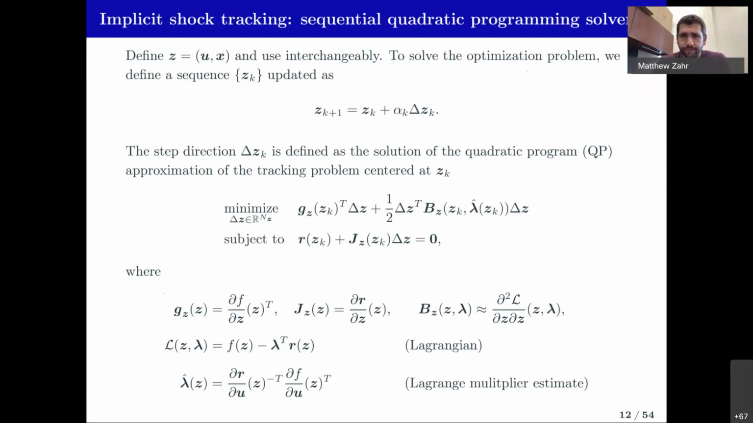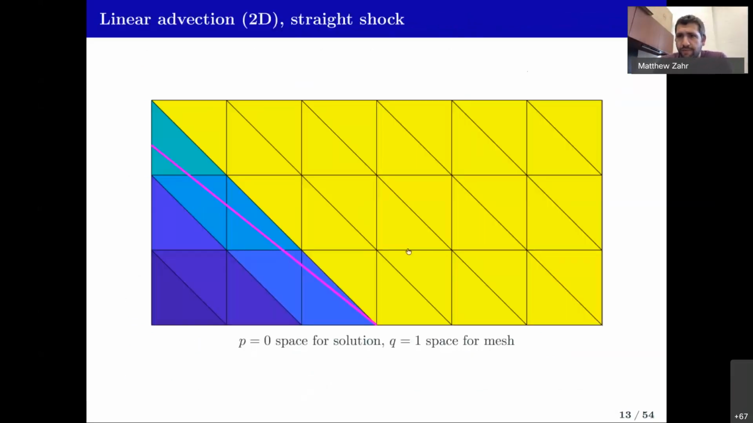So to look at how this works, we start with a very simple application, which is just advection in a